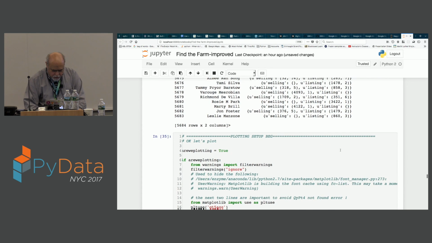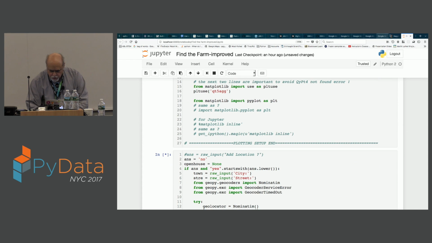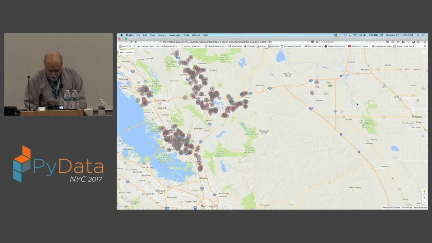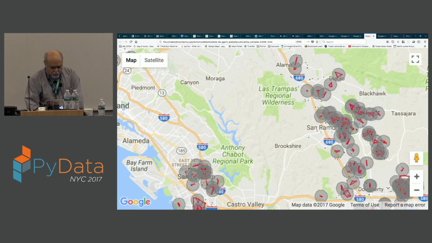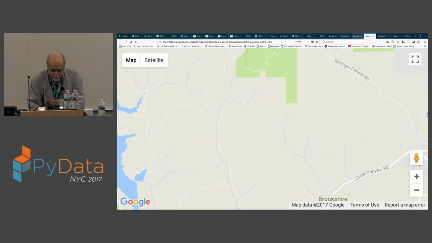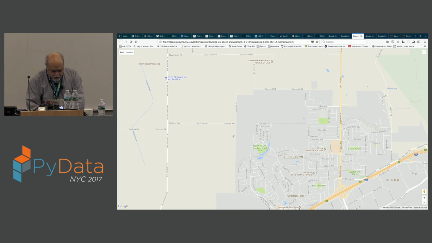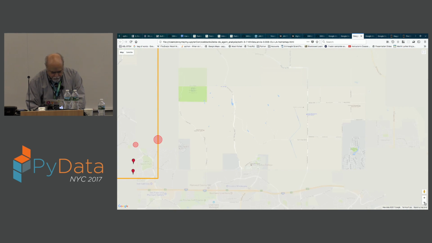No. Okay. Rather than suffer through that, I'm just going to show you what some of the results look like. So right here, these are all the farms in the data set that I worked with. These are the farms for one particular realtor. And if we scroll over here, here we go.